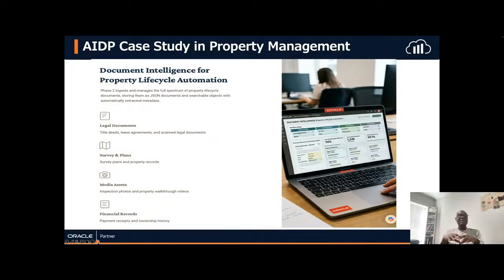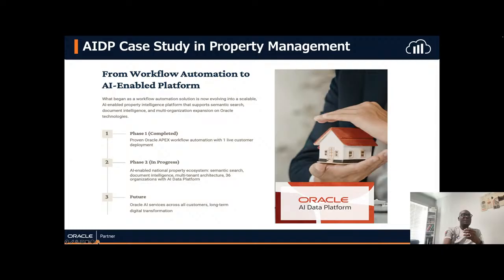You can store them as JSON documents. You can also search for them, and the data is automatically extracted. Your legal documents, like your title deeds, lease agreements, survey plans, your media assets, and your financial records can also be handled here.